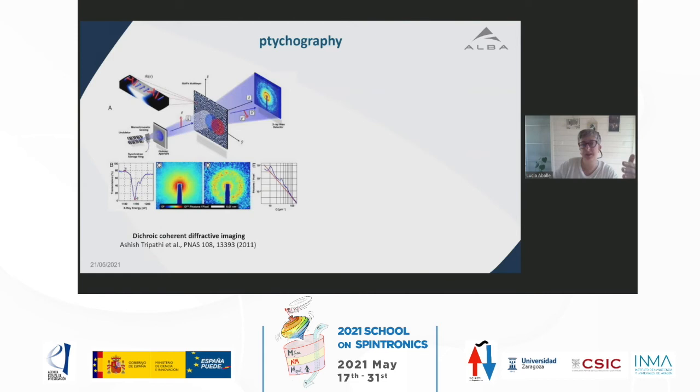The next generation, which is really almost lensless, is ptychography, which has been around for 10 years, more or less. Dichroic ptychography is a bit hard to understand and even harder to explain. But let's say that it's a scanning technique, okay? And it permits reducing the resolution from the spot size to a few times below the spot size by